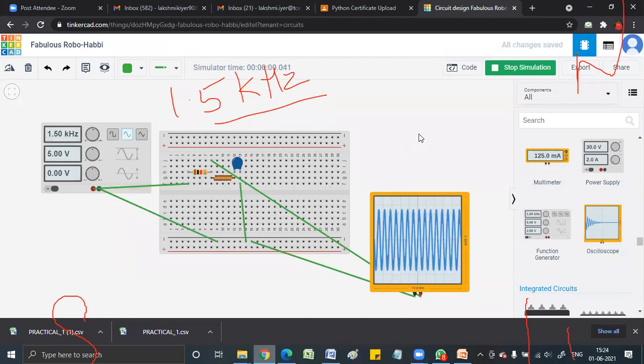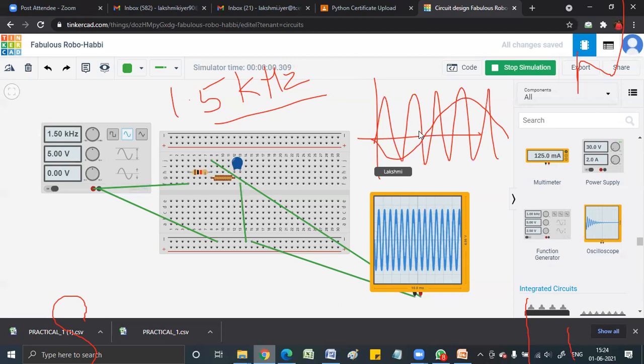ओके, सो सी, when you saw the first signal it was looking pretty good, right? There was lot of gap. Now the signal is very congested. Why? फ्रीक्वेंसी बढ़ गया ना? Frequency बढ़ गया, so time period कम हो गया। तो time period कम हो गया देखो सिग्नल का, so you're able to accommodate more signal.